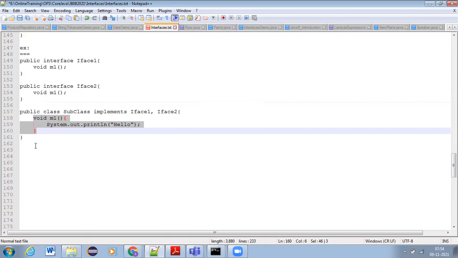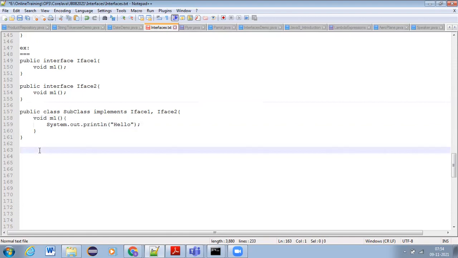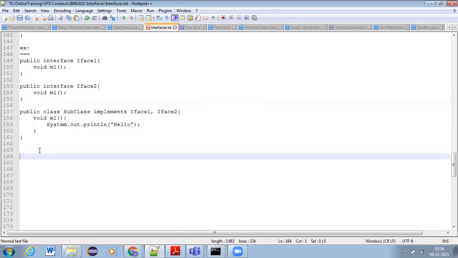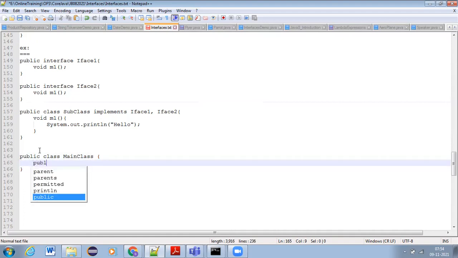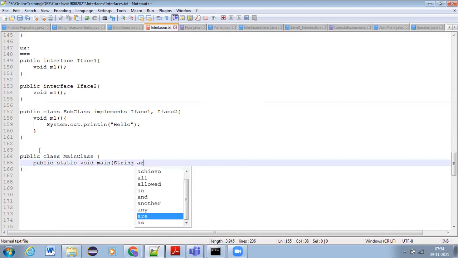So whenever we want to call this in the main class, how can we write? Simply public class main class, or Demo, public static void main(String args).